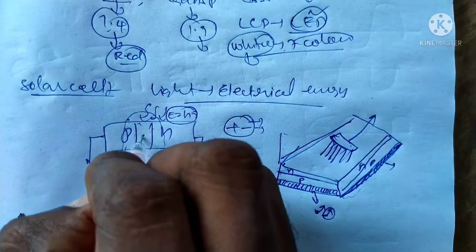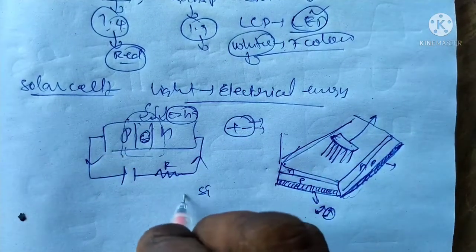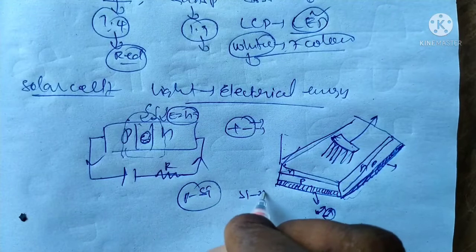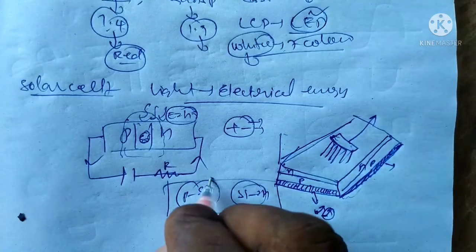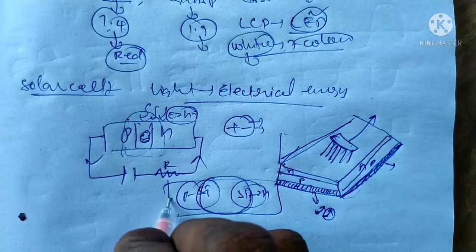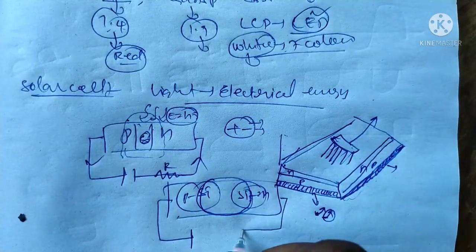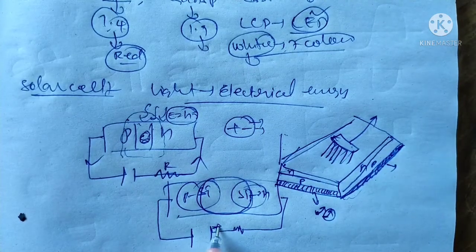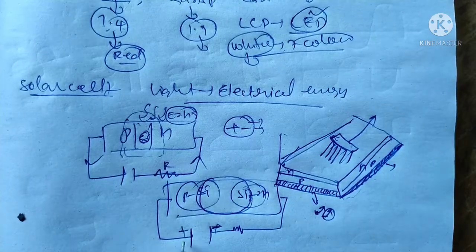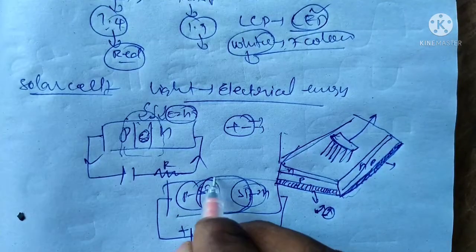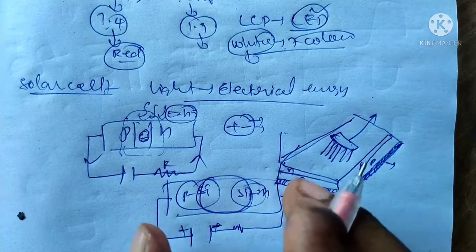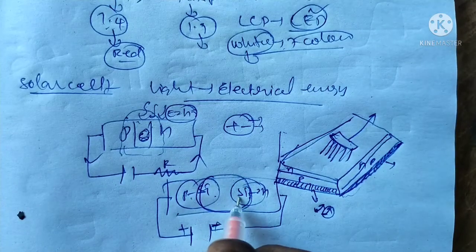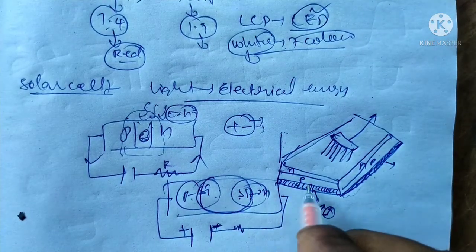In the case of a p-n junction diode, silicon is used, p-type silicon and n-type silicon. That is the depletion layer. It can be connected to forward bias with the resistance. The n type is connected to the negative terminal of the battery, the p type to the positive terminal of the battery. That is forward bias. There is a depletion layer. There are three layers in the solar cell, anode, cathode, anode, like NPN or PN.